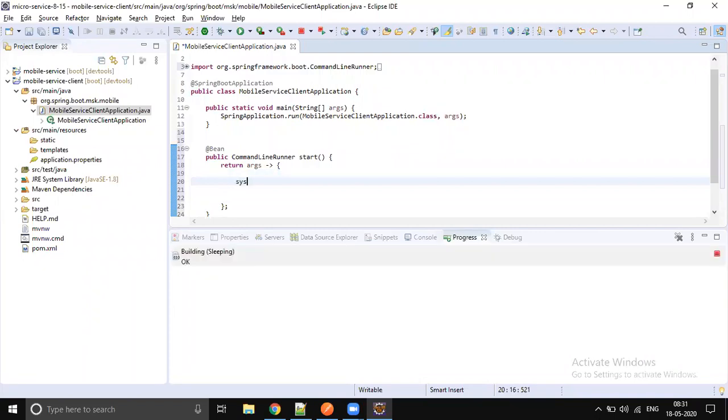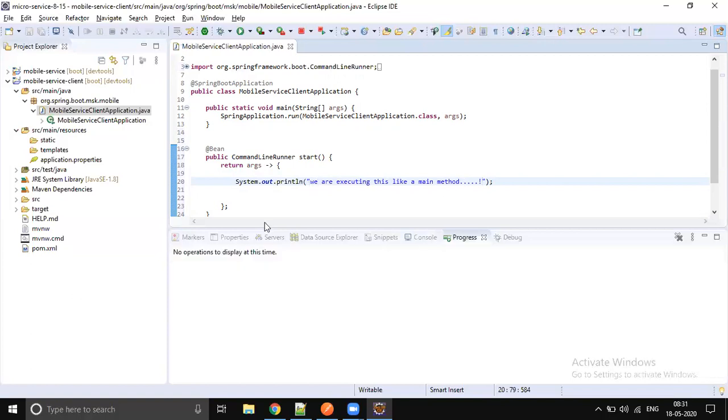So here let's write some System.out.println. We are executing this like a main. So this is the statement we are going to print.